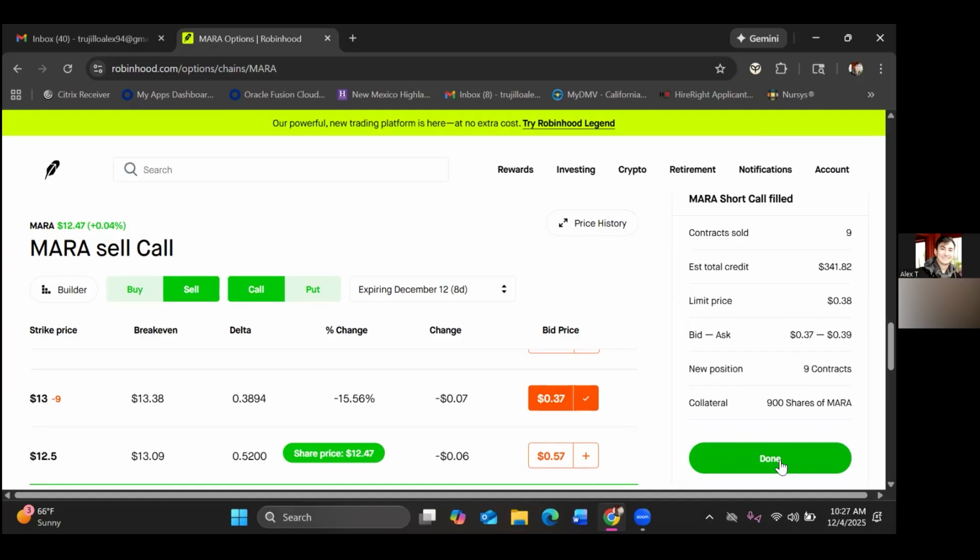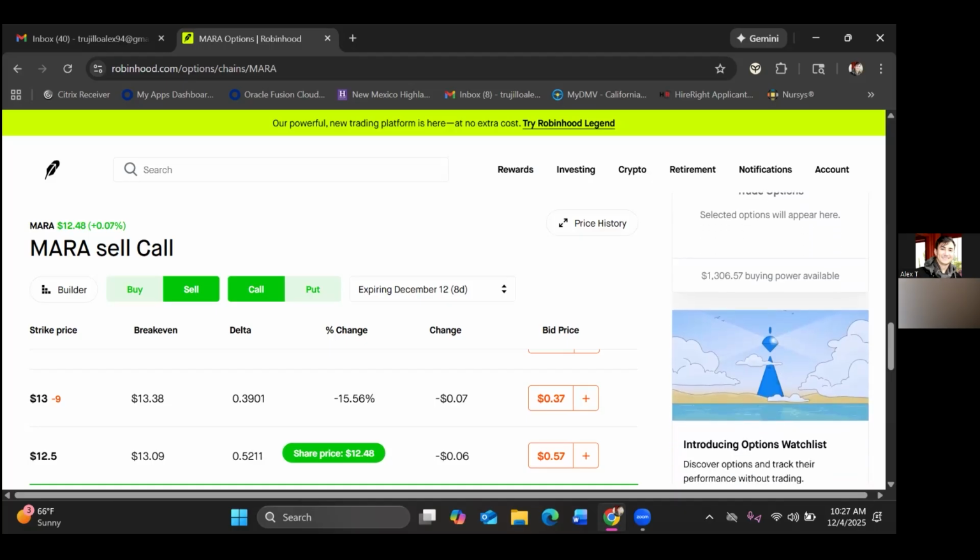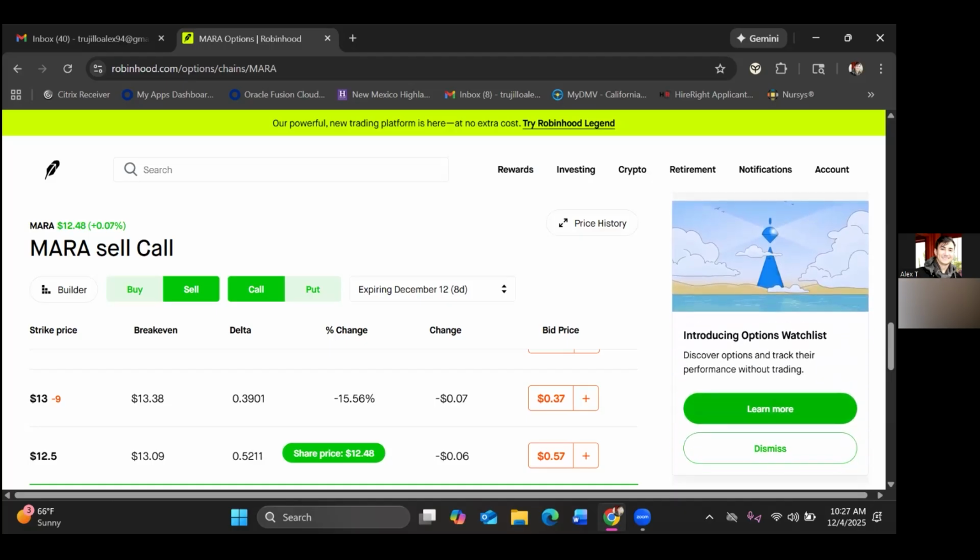Your expiration is next week, December 12th. Okay. We hope it doesn't get underneath that, and we'll be okay. Exactly. We're just collecting income, as long as the stock's not moving, we want to still make some type of money. But when it starts moving back up again, then we need to roll it. We'll keep collecting income and selling covered calls until it starts getting to that recovery phase.